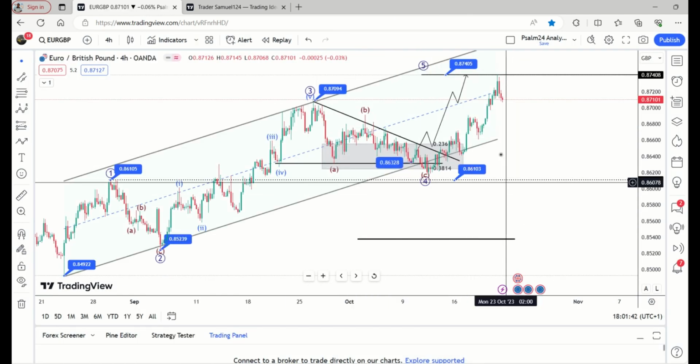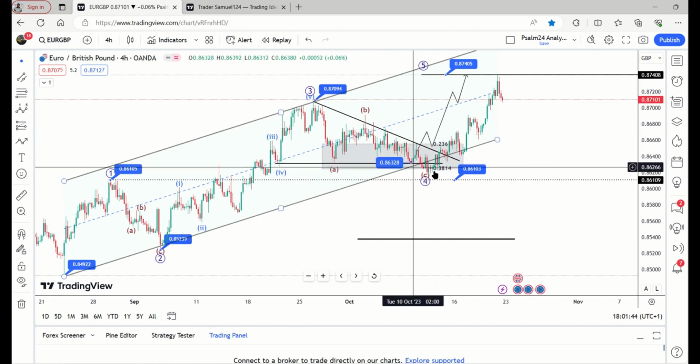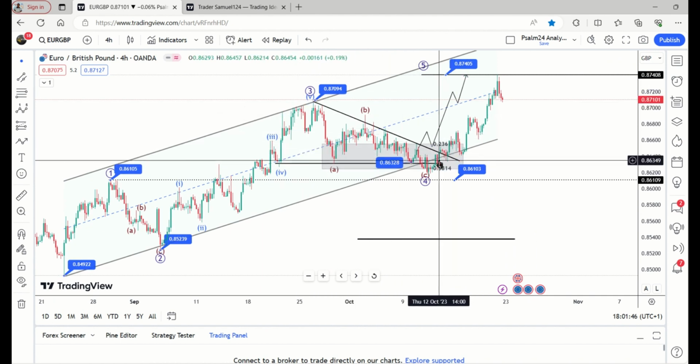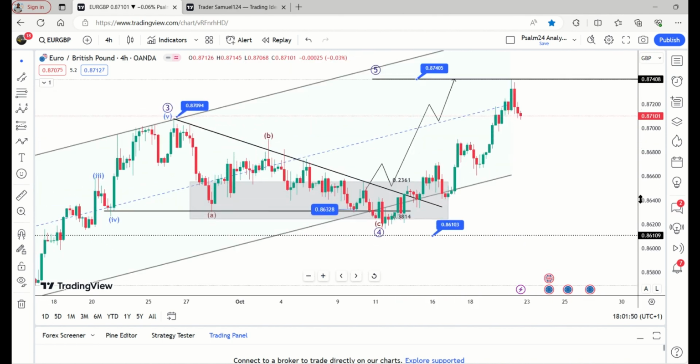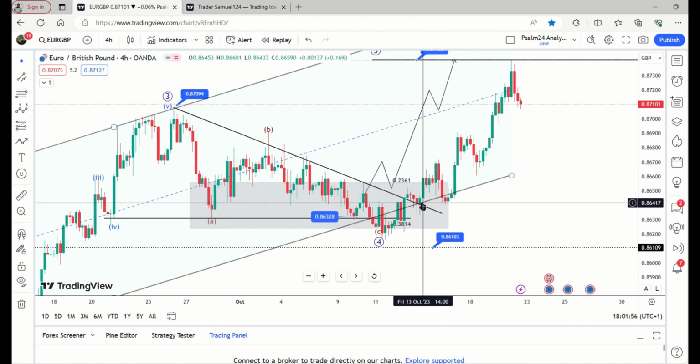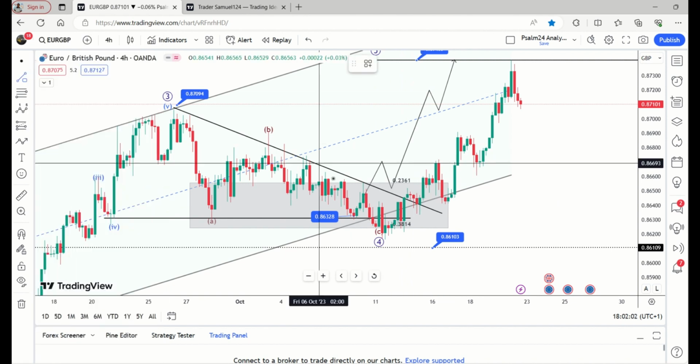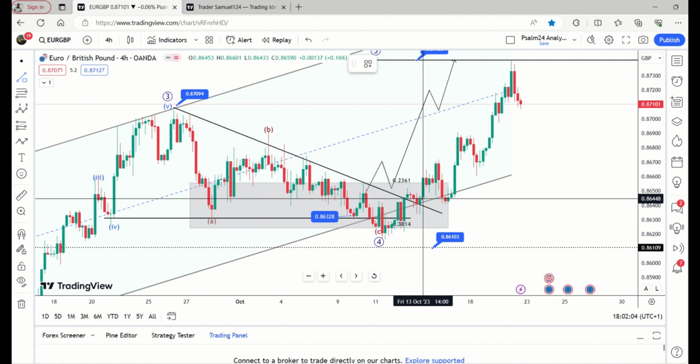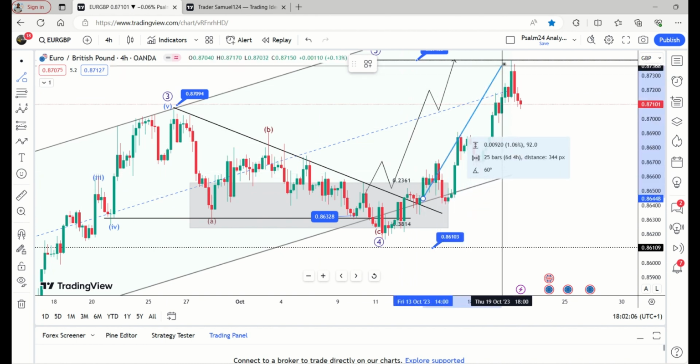Okay, this particular trade, a triangle break and retest, and then we had this break and retest at this zone here. We expected a break and retest, and it happened exactly here, and we entered on this. When the market candle closed, this was our entry point. We entered somewhere here, and then look at it, we have had